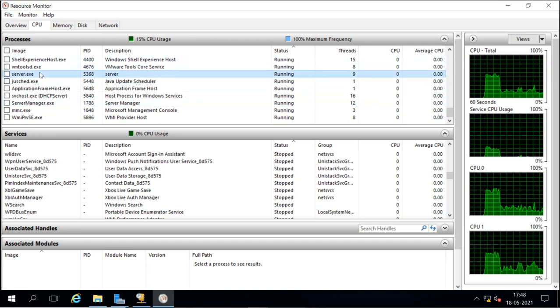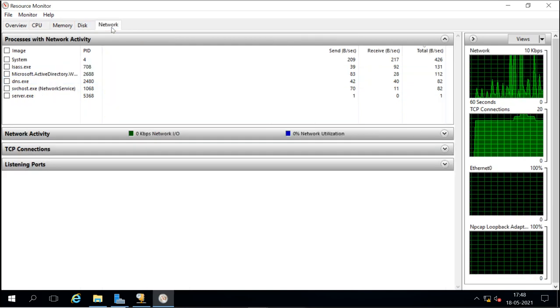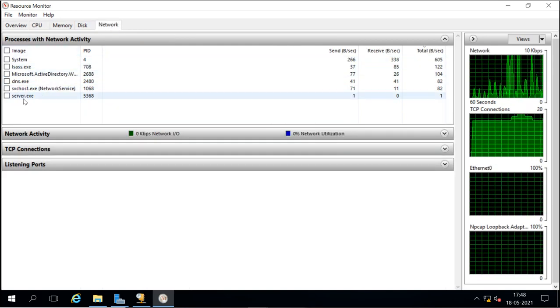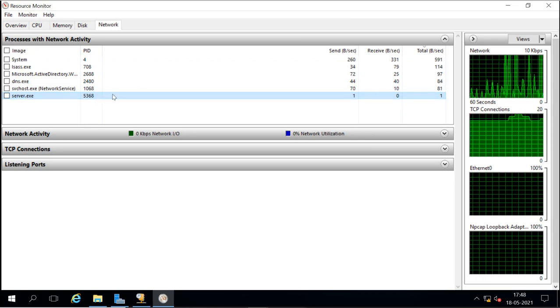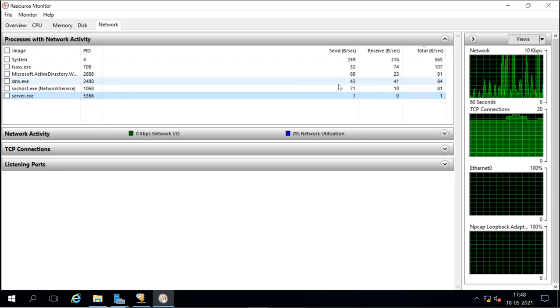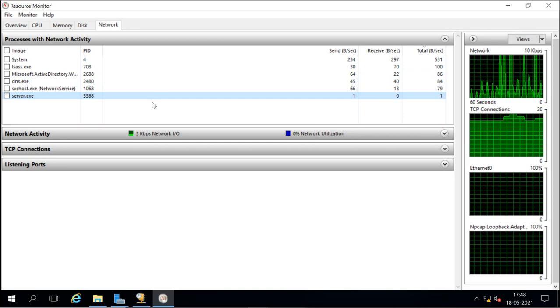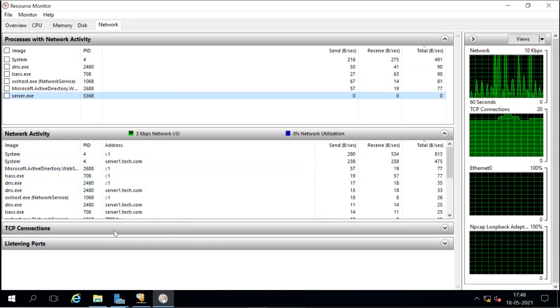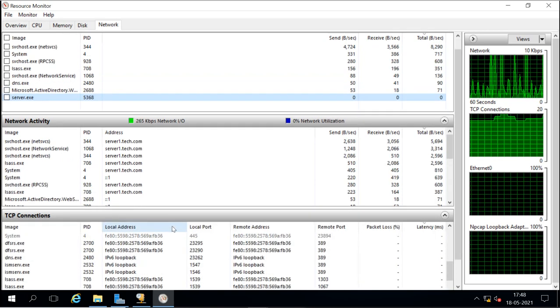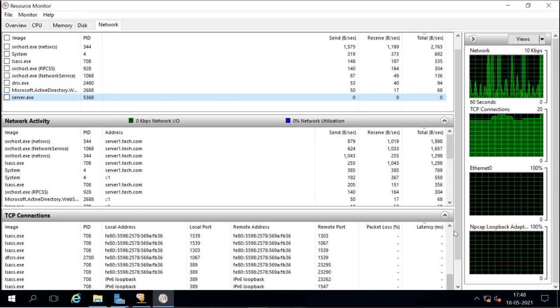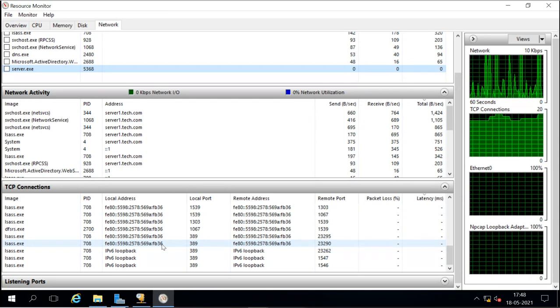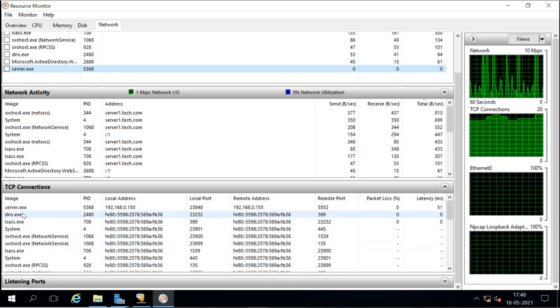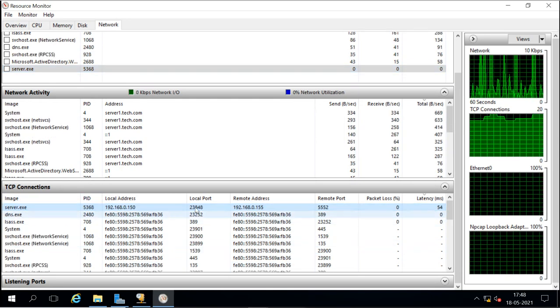Like this server.exe which is running there, we can see how many threads it is running and who is using the network also. We can see that this server.exe is also using network resources and network activity. We can check TCP connections. So this server.exe is using this connection, you can check here.